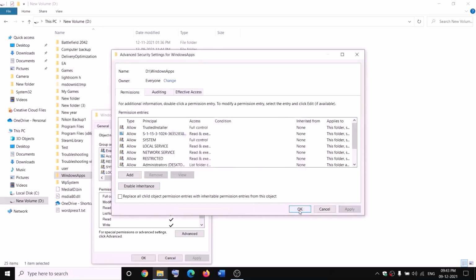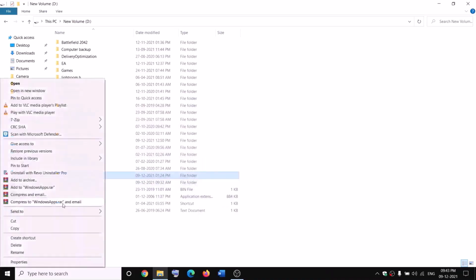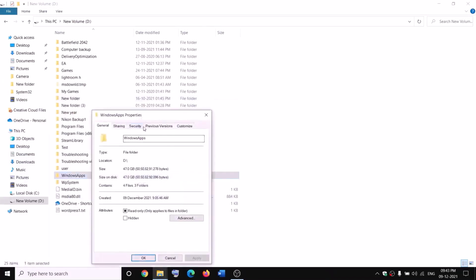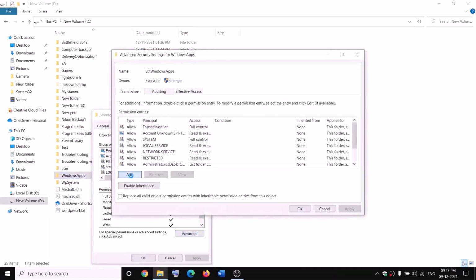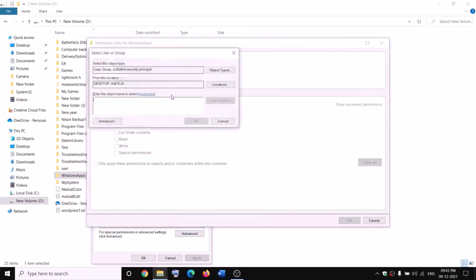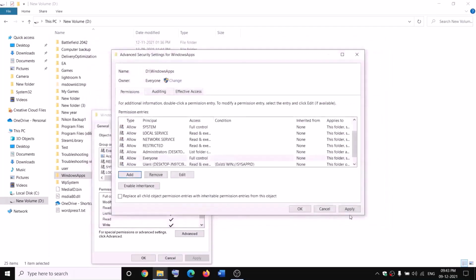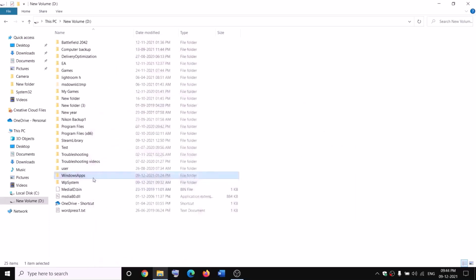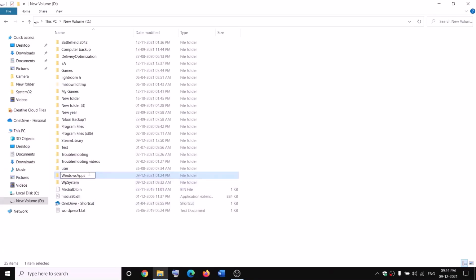OK, OK, again OK. Again make a right click on WindowsApps, select properties, Security tab, Advanced, and this time click on Add, Select a principal, Everyone, Check Names, OK, put a check on the box which says Full control, OK, Apply, OK, OK. Now make a right click on WindowsApps and then click on rename, and then rename it as